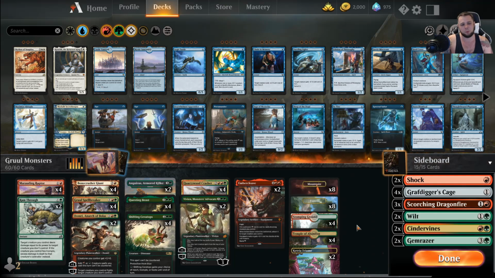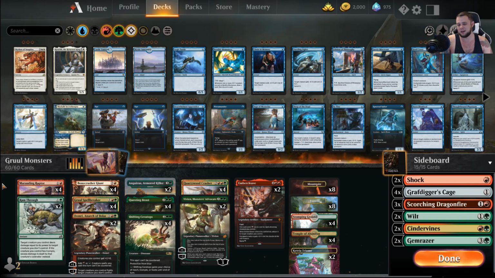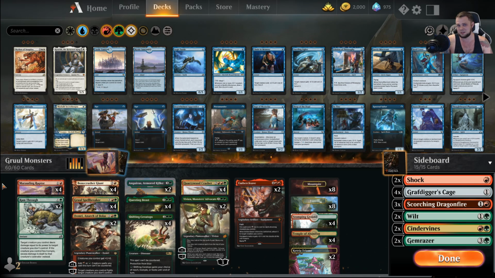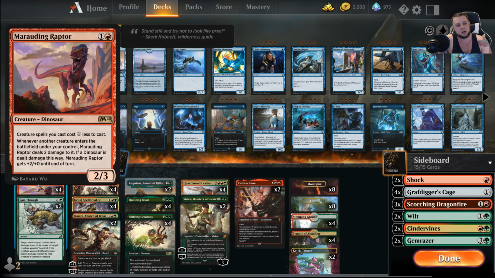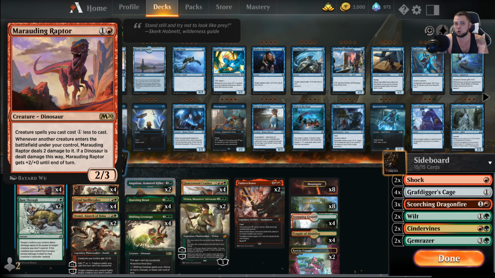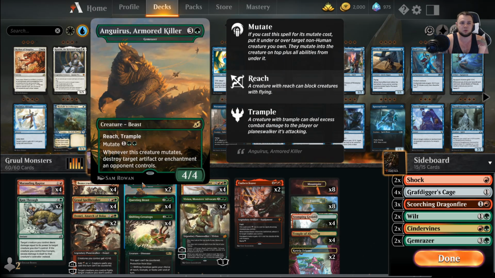So this is what I kind of came up with here. So no 1-mana plays here. Adventurer's Impulse is a thought, and I may end up putting that in there, but just looking at 3 cards isn't as good as the old 1-mana dinosaur spell we used to have back in the day. So basically we're starting off here with Marauding Raptor, 2-drop slot, really hoping to get that on turn 2, so that way on turn 3 we can pump out, we can mutate here, or just play a solid 4/4 here,